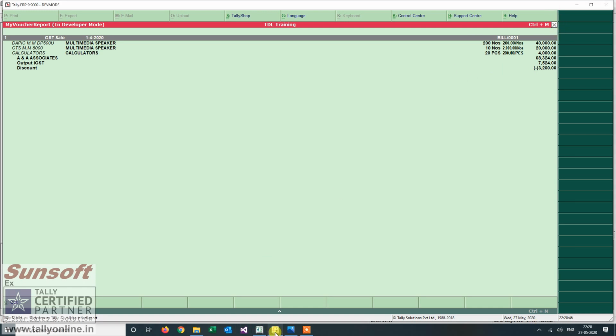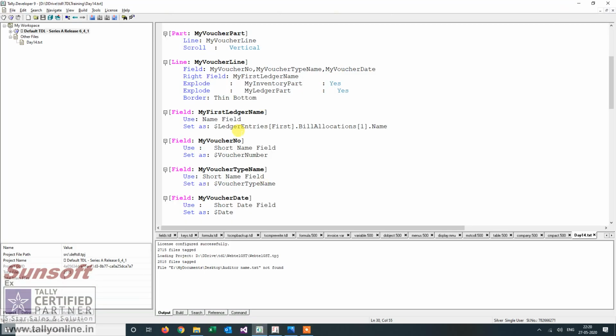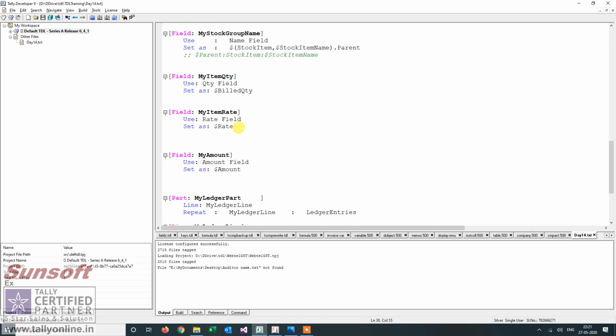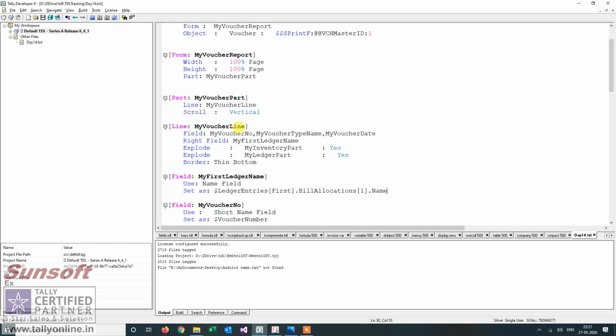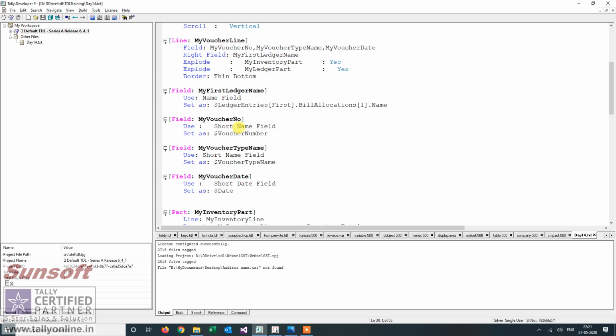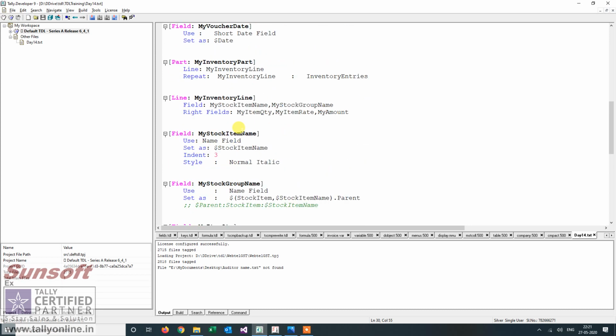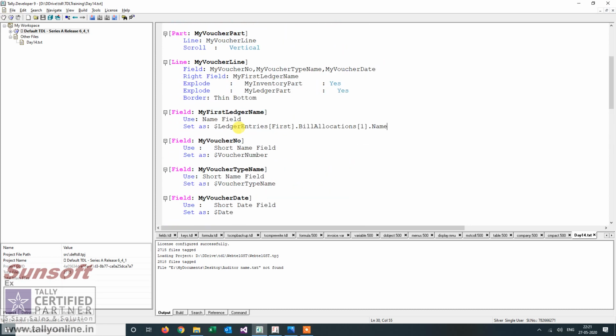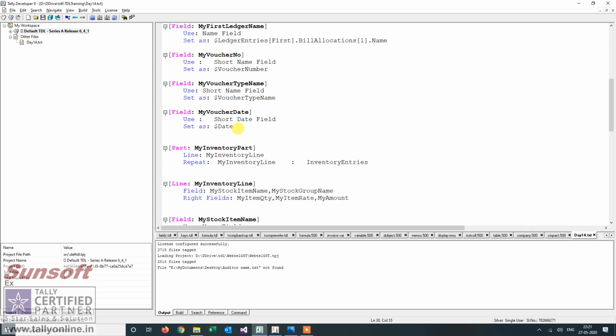So two things we have seen now. One is how to get the method from some other collection, like from the stock item name, we got the group name from the stock item collection. And here we are seeing how we can get the methods which are there in the sub collections. You can go down the hierarchy and you can go up the hierarchy also. So let us see how I can get it in the up hierarchy.